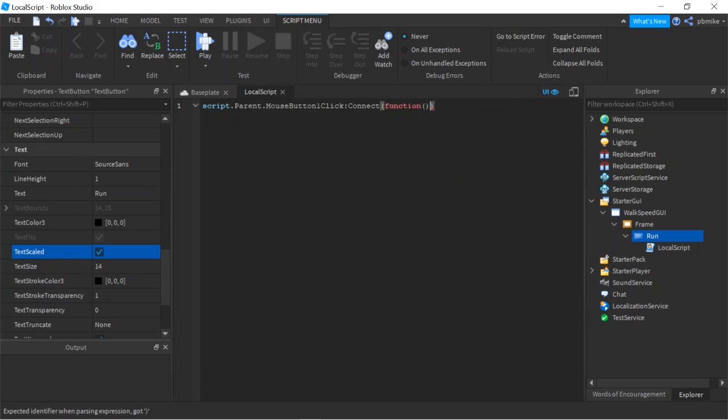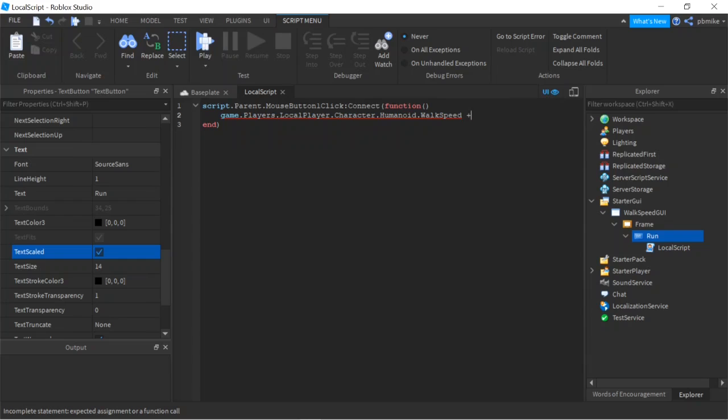And then into that function we can put game.Players.LocalPlayer.Character.Humanoid.WalkSpeed,